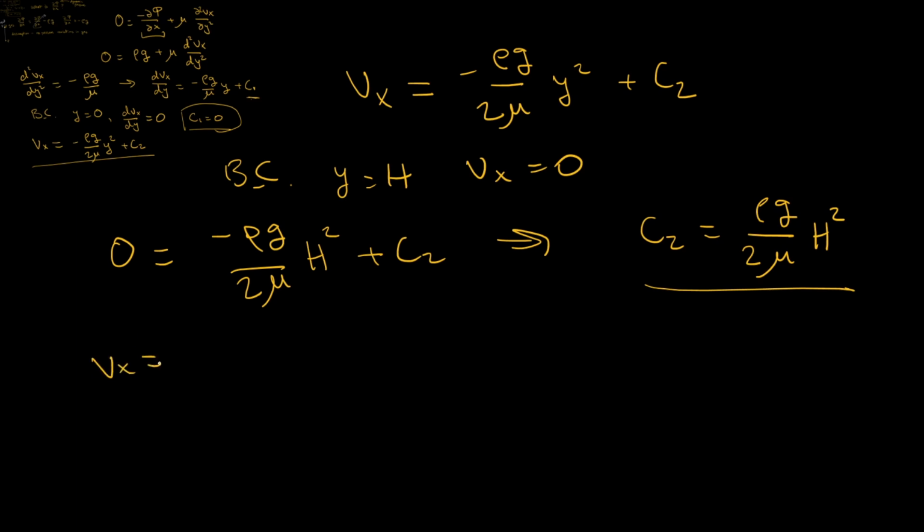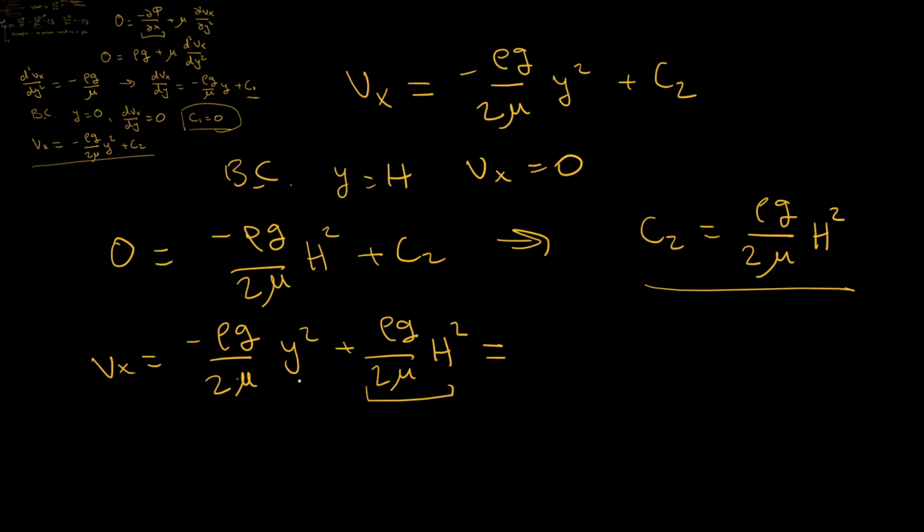So we get Vx is equal to this term that we had before, plus our integration constant. This is the solution to the equation, but we can simplify it a little bit more by basically pulling this term out from both terms here. So that gives us rho g over 2 mu times h squared